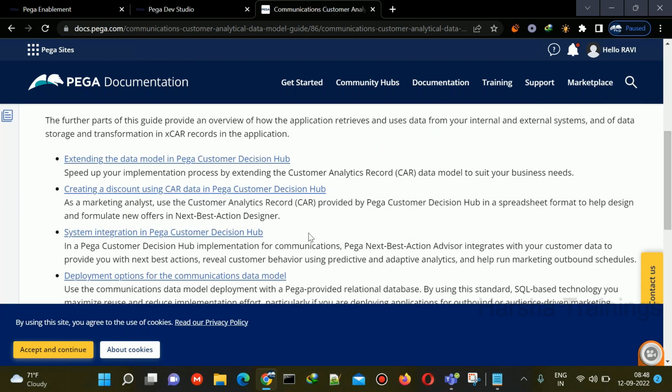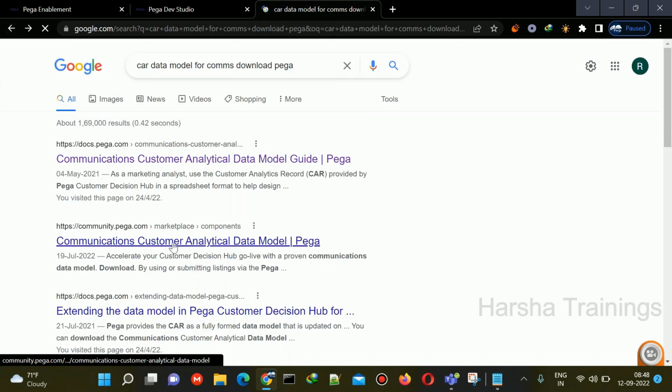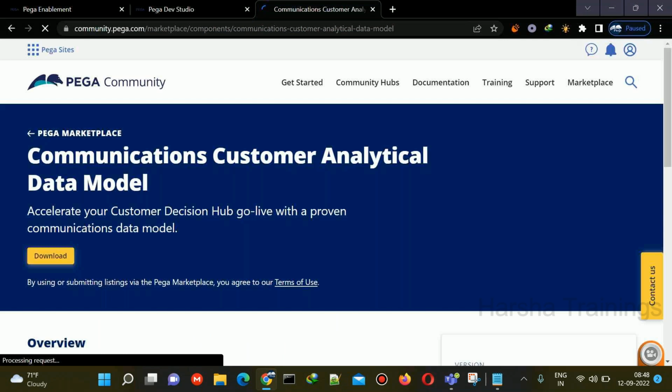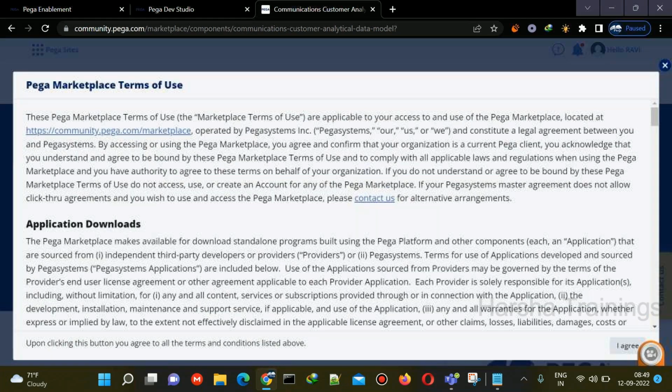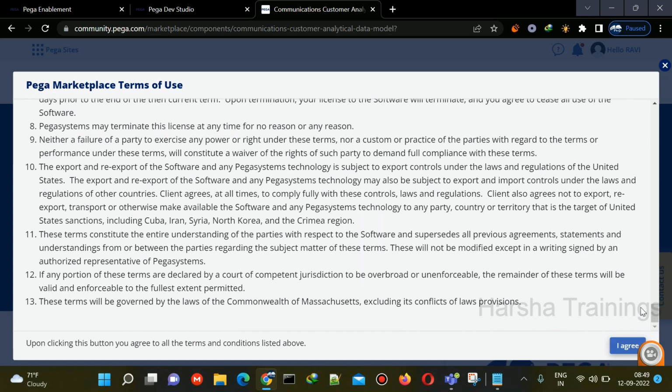So what you have to do is you can just download it from the marketplace. I just open the marketplace and search for the customer car model, and I can download this car model. So I'm downloading this car model. Okay, so it's just click on download. Okay, so I just agree. So it will save a lot of time